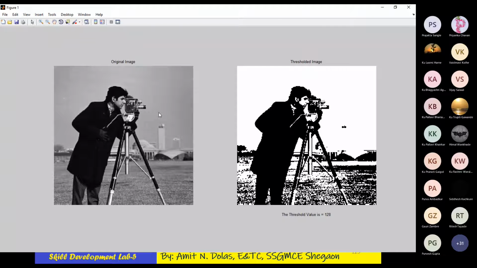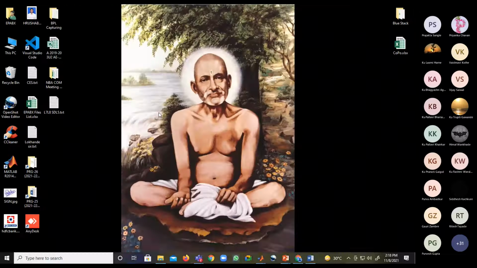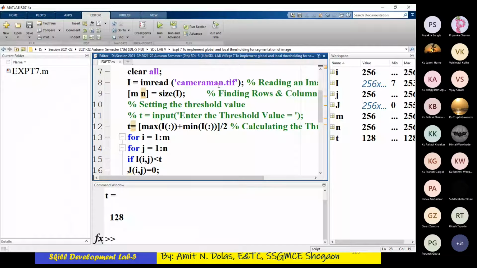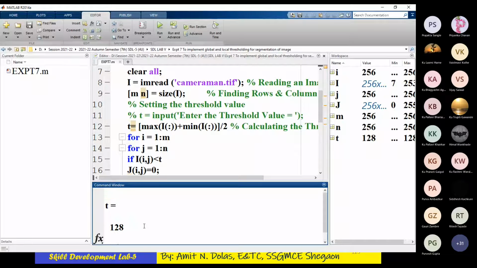How is the threshold value T 128? We need to do the understanding, we don't have anything else to do with the rest. I'm not interested in anything else.